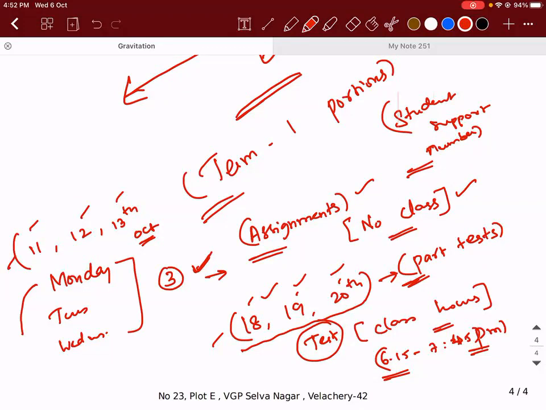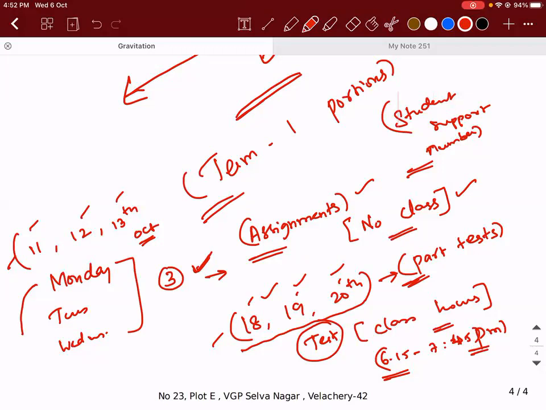So once these things are over, from the 2nd week of November onwards, I will start term 2 portions. Trust me, term 2 portions will not take much time. They are very simple. There is only one chapter which is very, very big, that I think is the 10th chapter, fluid mechanics. But don't worry about it. That's my headache. I'll take care of it. Okay. Am I clear, guys? Everything clear? Yes, sir.